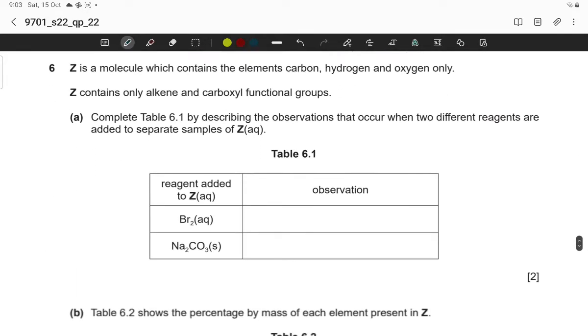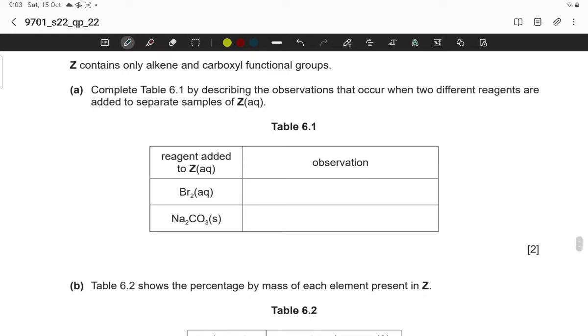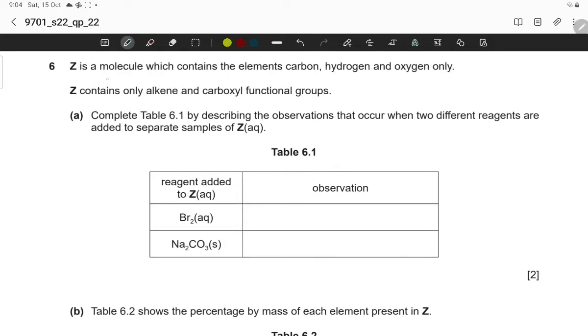Question number 6. Z is a molecule which contains the elements carbon, hydrogen and oxygen only. Z contains only alkene and carboxylic functional group. Complete table 6.1 by describing observations that occur when two different reagents are added to separate samples of Z. Bromine is added, so the observation that occurs when the reagent is added to a separate sample of Z is